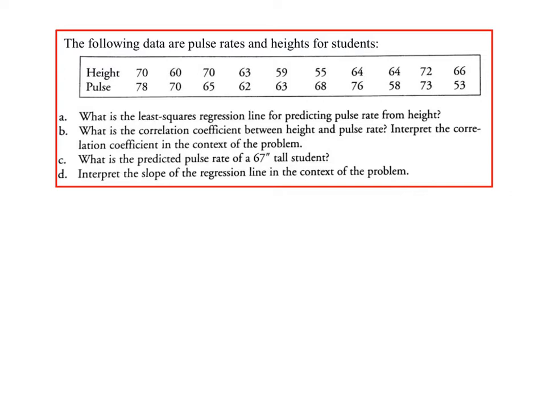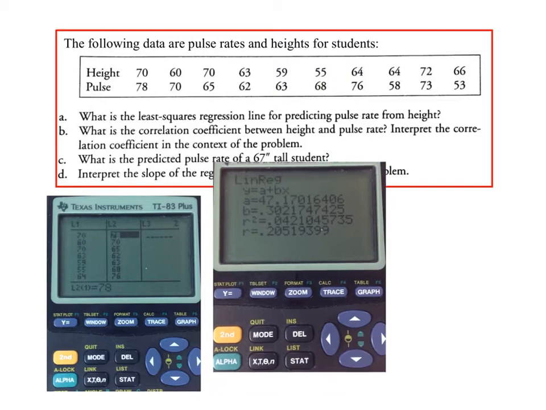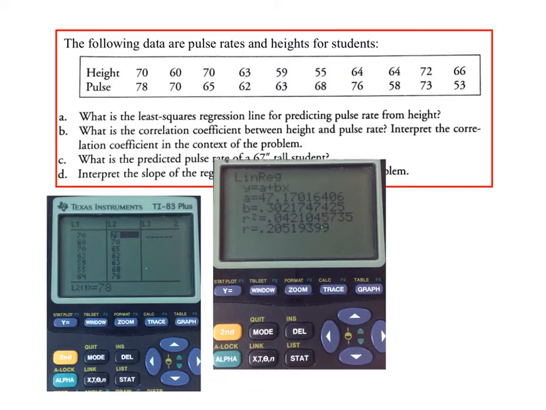To begin with, I just wanted to set up, we're going to use this data set today. I want to begin by just getting the regression equation. Let's just remind ourselves on the calculator how we do that. Okay, so remember the first thing you're going to do is go to your stat edit and put in your explanatory and response variables in list 1 and list 2. So stat edit. Then you're going to go to stat calc. And the 8th choice, number 8, is linreg a plus bx. There's another linreg in there that's ax plus b, but our book uses a plus bx. So there's your y-intercept, and there's your slope